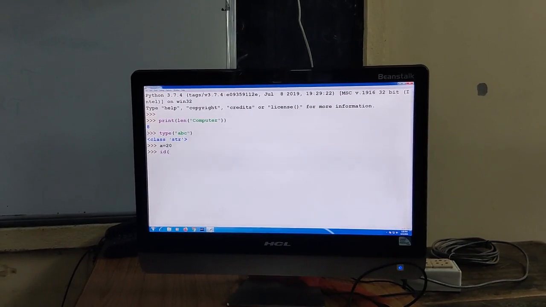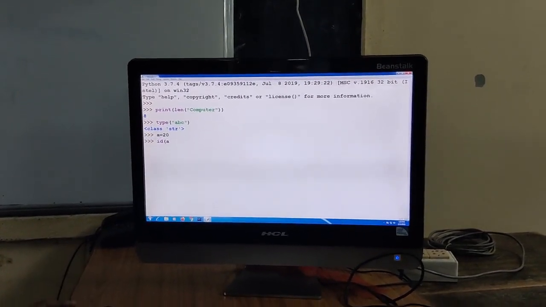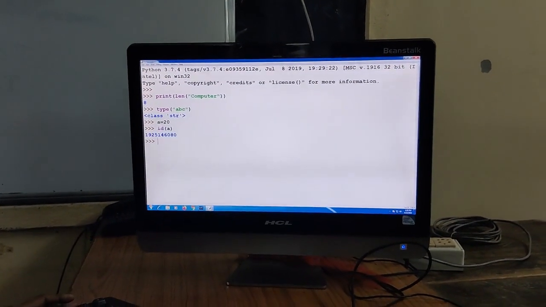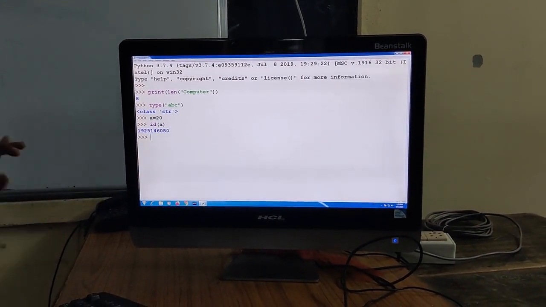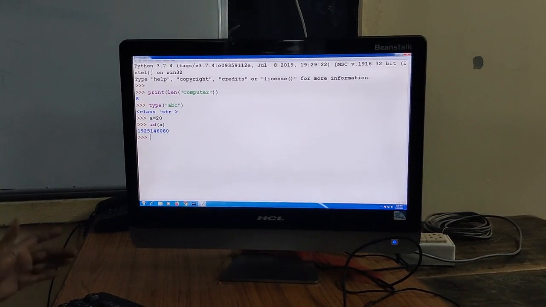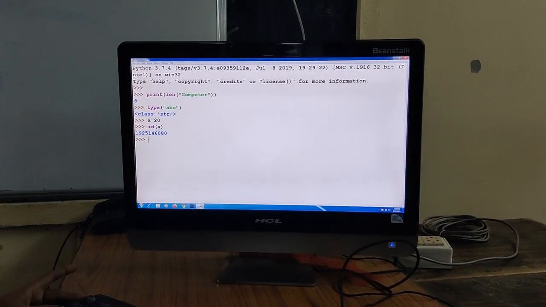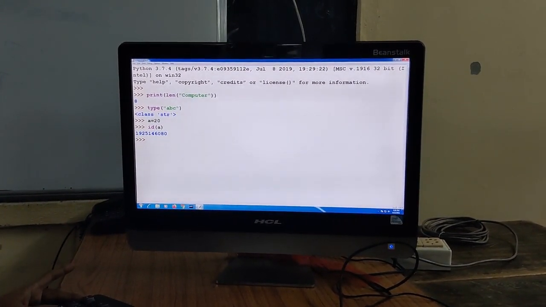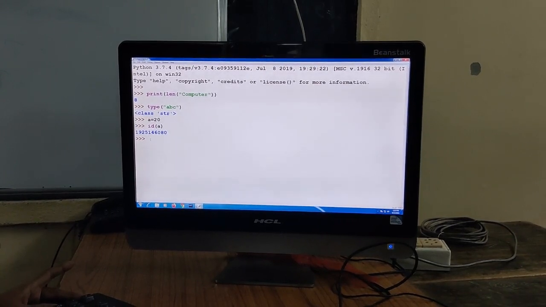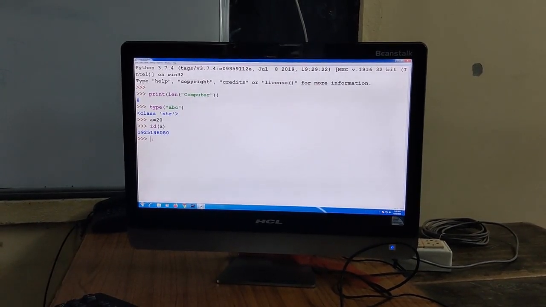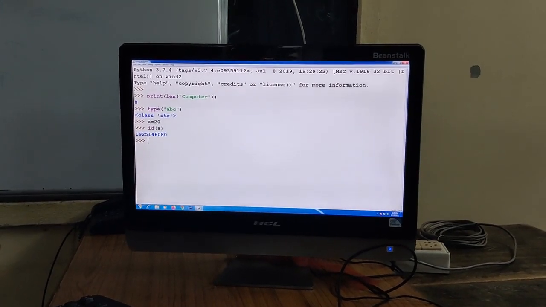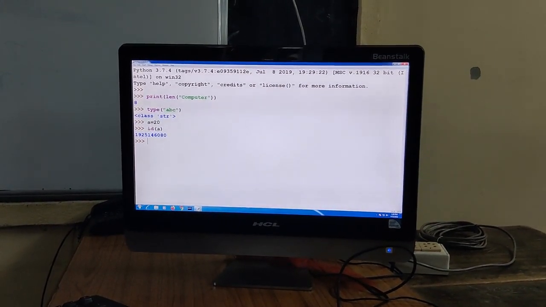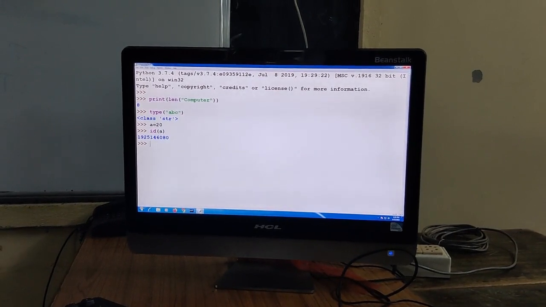Here I use id of a. So you can see the memory location of the variable. So students, this len function, this type function, this id function are known as built-in functions, because we just use all these functions directly. There is no need to import any module.